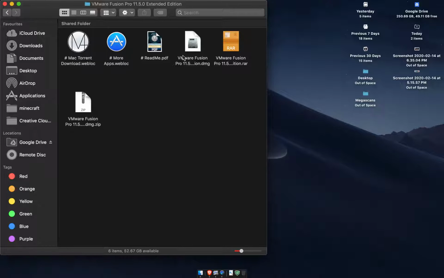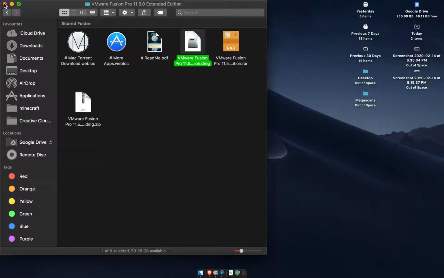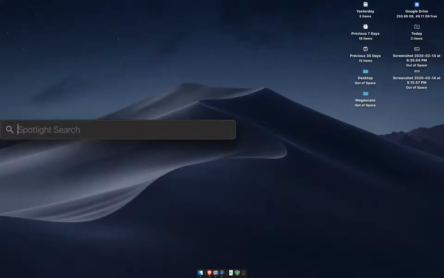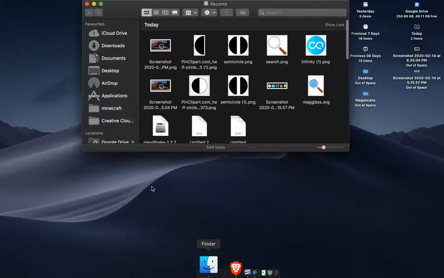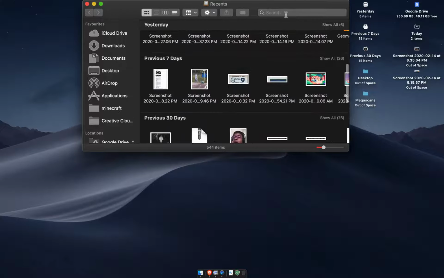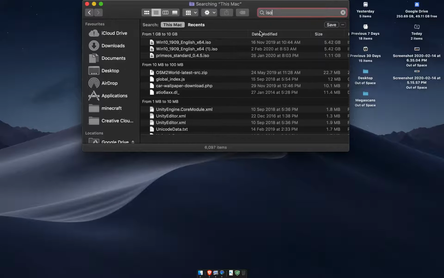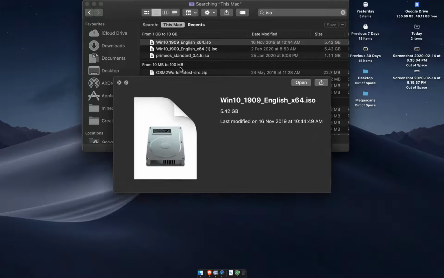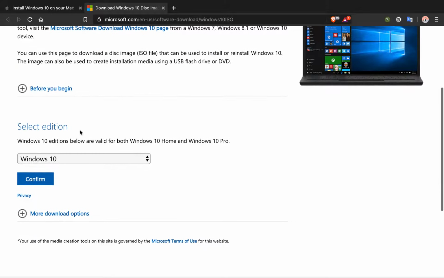It's Mega, so it's trusted, and there's this VMware Fusion Pro and Extended Edition DMG. This lets you unlock the full version of the application without you paying. And you also need to download the newest ISO here. So this one, the newest one, you can download that by going to this place right over here, select